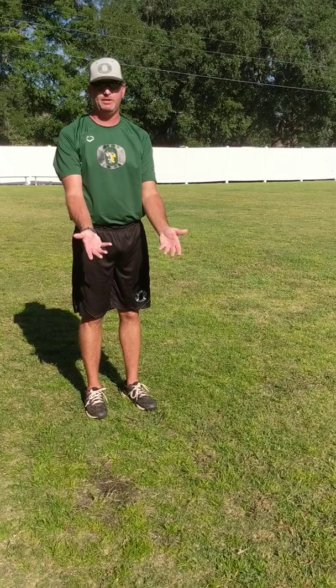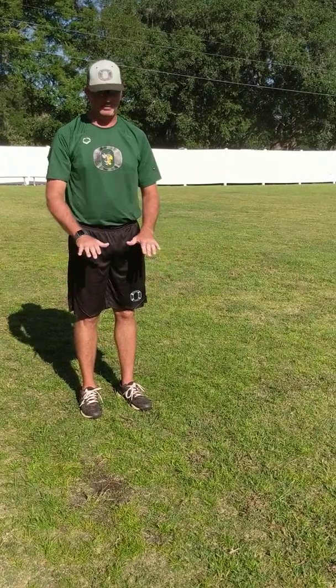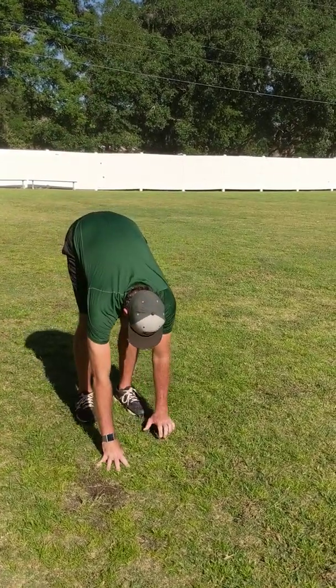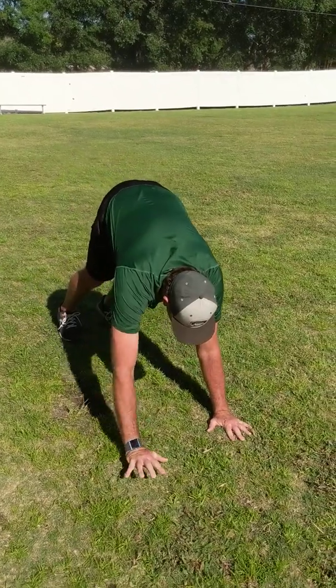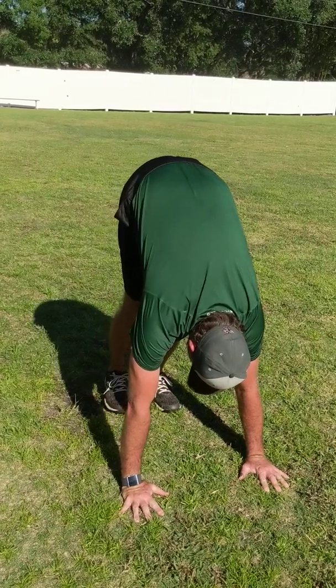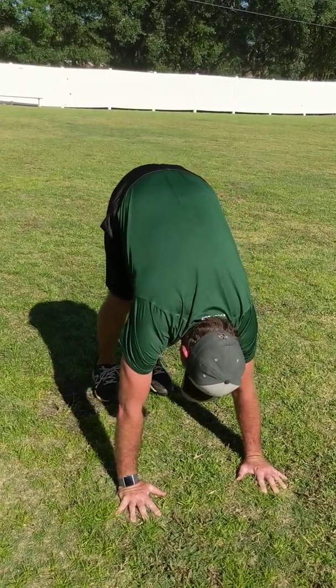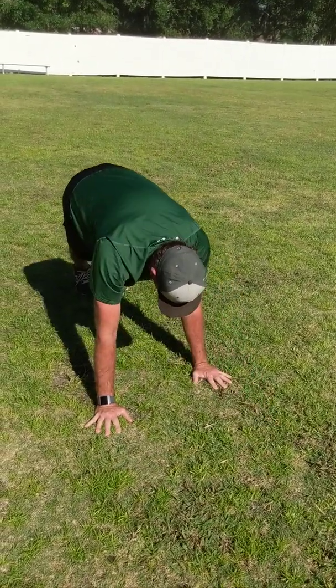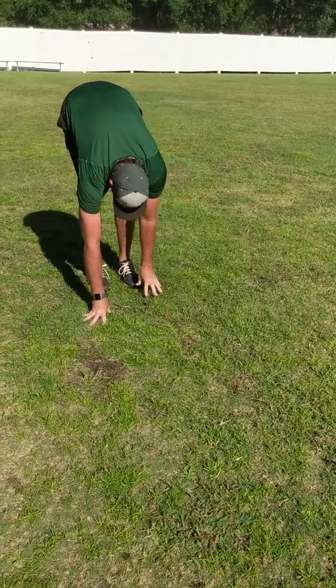So inchworms, we're going to walk it out on our hands and then walk it back in with our feet, and then we're going to walk back with our feet and then walk it back up with our hands. So one rep looks like this. So after 10 reps of the inchworms forward and back, we're going to do groiners, which are